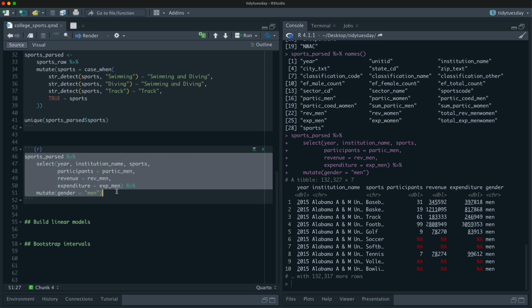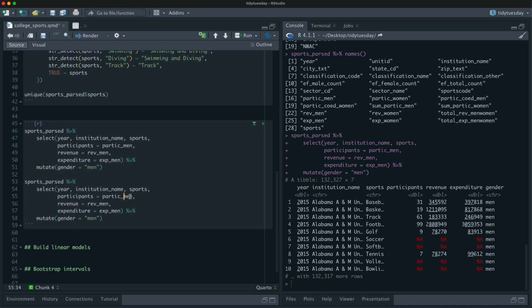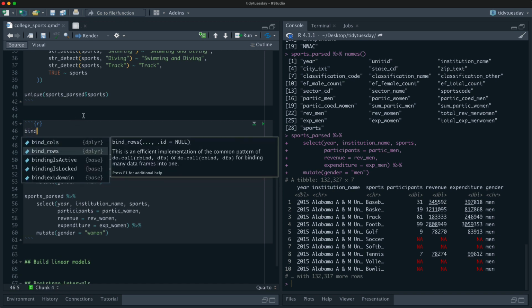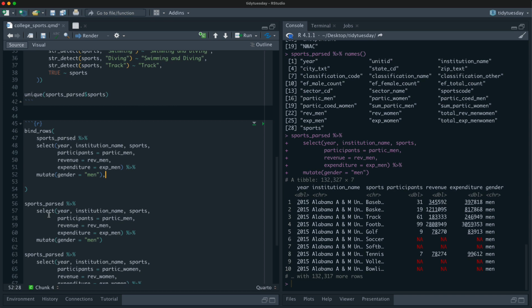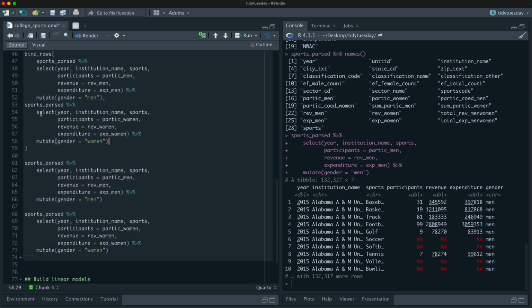Let's make another one that's for women, and then let's bind these together. So bind rows, we'll put this one in here, a comma, and then this one. So we're reshaping, or reorganizing, the data a little bit.